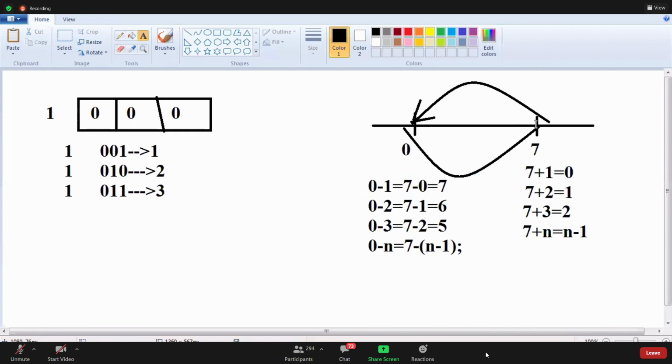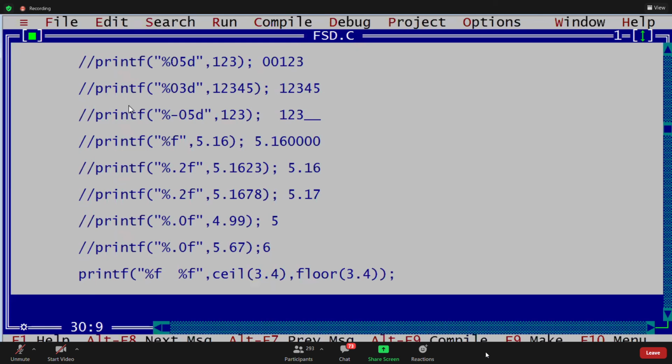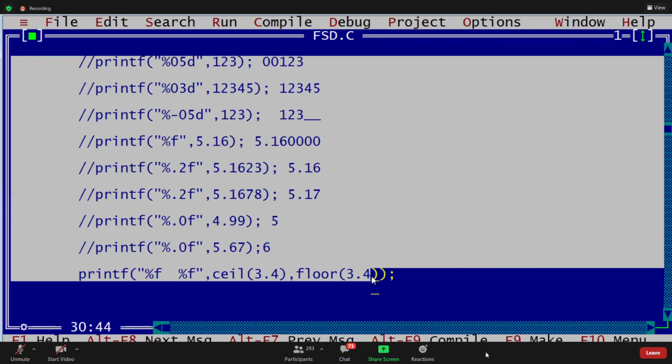Whenever it exceeds the range, after 12, same like 1. Watch lo vachinattu, 12 tarvata 1 also same. 0 to 7. 8 means what? Again 0 only, guys. 9 means 1. 10 means cyclic. It takes the values in cyclic. One example I will tell you. I will complete this. Okay. Tomorrow we'll continue the session.